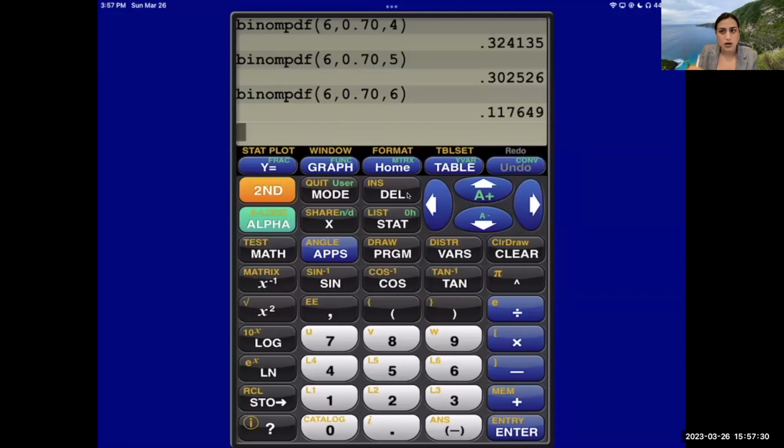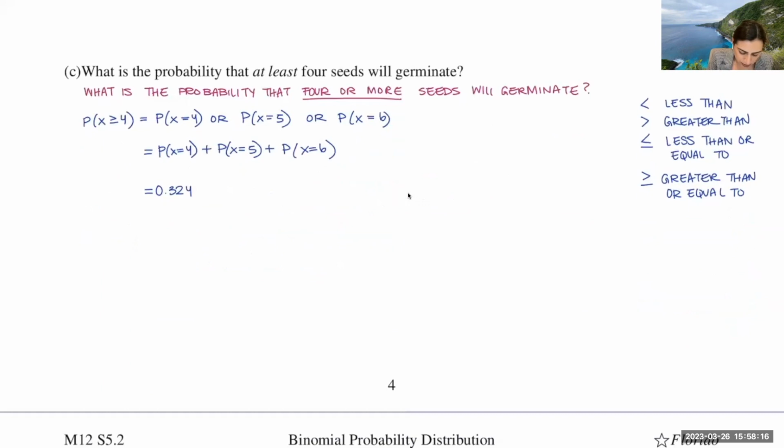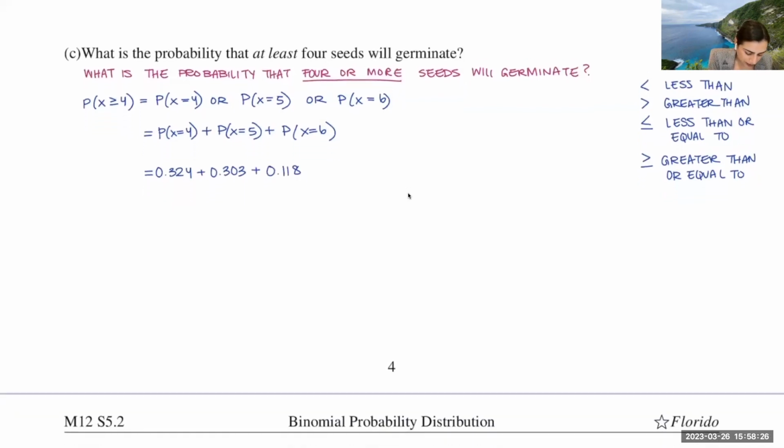Probably that we have 4, plus the probability that 5 germinate, plus the probability that 6 germinate, because that would be 4 or more. So we have 0.324 plus 0.303 plus 0.118. We're going to go ahead and add up all of those probabilities, and that's going to give us the probability that at least 4 seeds will germinate. Go ahead and add those up, and hopefully you get the same thing that I get,